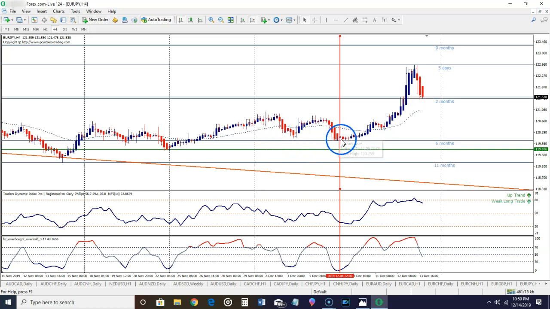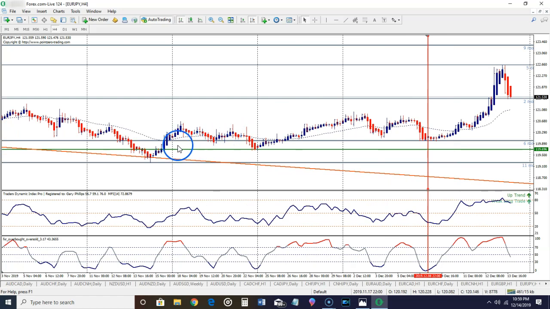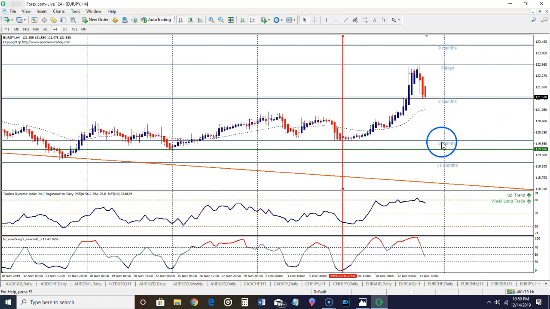Now, when you go to the 4-hour time frame, here's the line that I put in just now, right? And we know that support and resistance is an area, it's not a line. So here's the actual support and resistance level, the 6-month level that it was bouncing off, right? And at the beginning of the week, what did it do? It essentially gave us this good buy signal right here, just like as if we were trading the new level